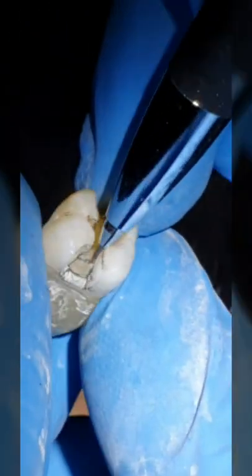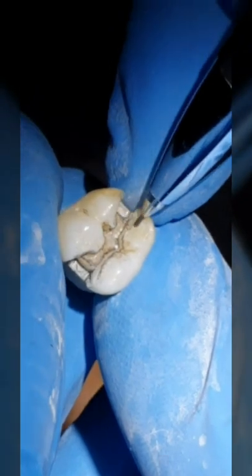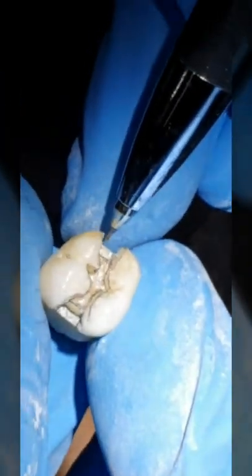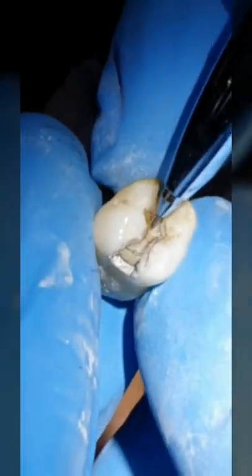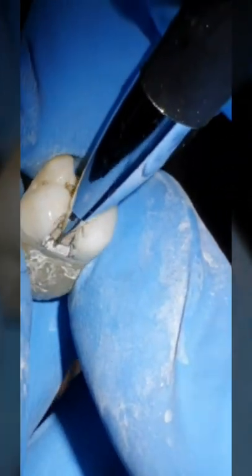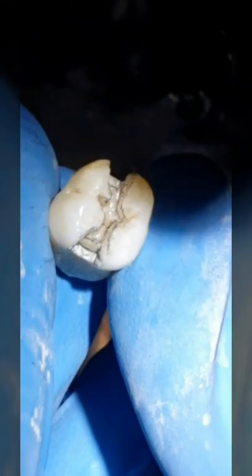These walls inside have to be convergent with each other, not divergent. These two walls have to be convergent to each other. These two walls have to be divergent. The boxes also have to be divergent from the bottom up. Not only that, the two boxes, the distal box and the mesial box, have to be co-divergent. That means this line at this angle should match that angle. This angle should match that angle. So an inlay, once it's casted a solid piece,